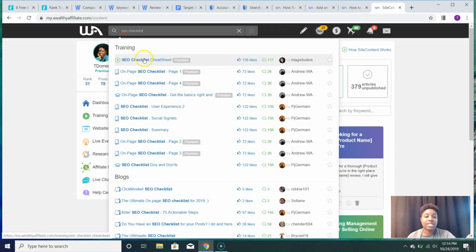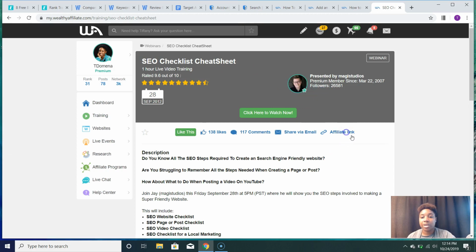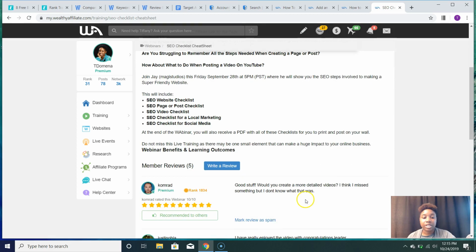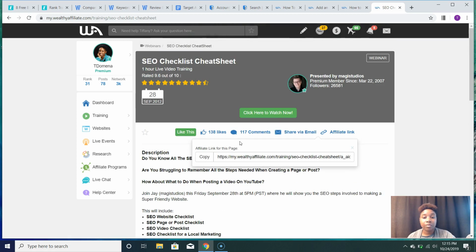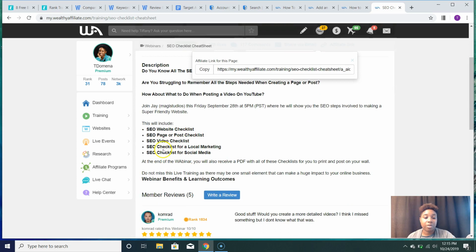Okay, so you can see this SEO checklist cheat sheet, and let me add this in so that you'll be able to have all of this information compiled for you. So inside of this training, you'll learn everything you need to look over before you publish a blog post. So it talks about SEO website checklist, SEO page or post checklist, SEO video checklist, checklist for local marketing, and a checklist for social media. So this provides a lot of good information that you can look over before you